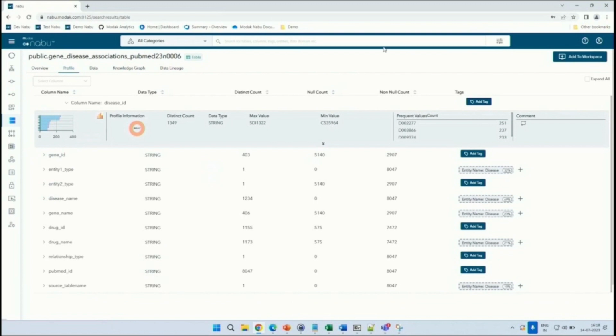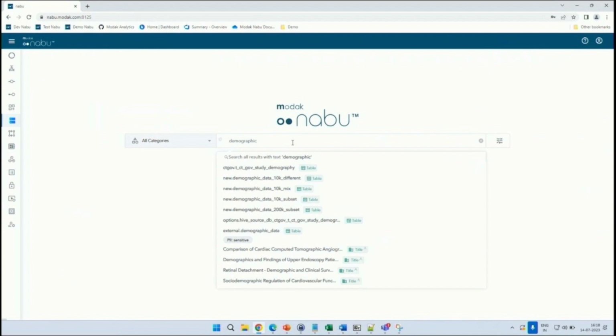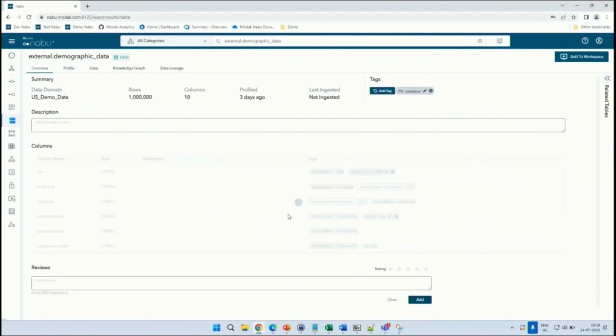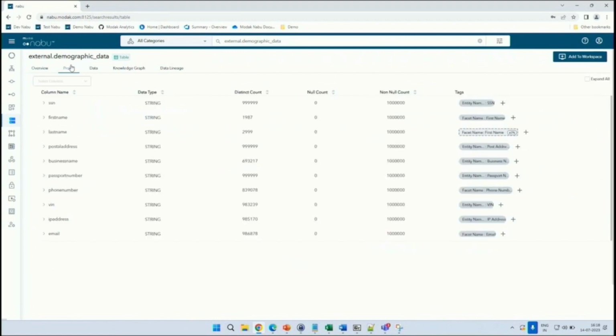Using data domains, users are also able to understand any kind of business context that is attached to the data in the form of various tags. So for example, if they look at a data set, it shows different tags that are available. These tags are auto-propagated using Nabu's data fingerprinting technology, and these tags provide a business context for users to understand what type of data might be there and what is the significance of that data.